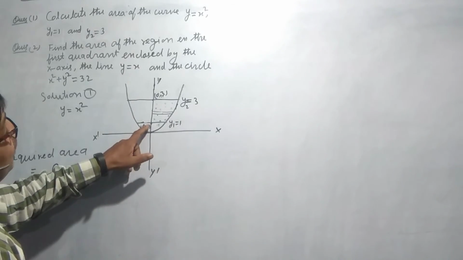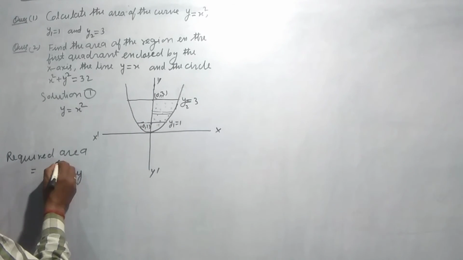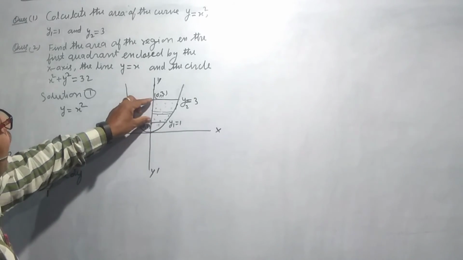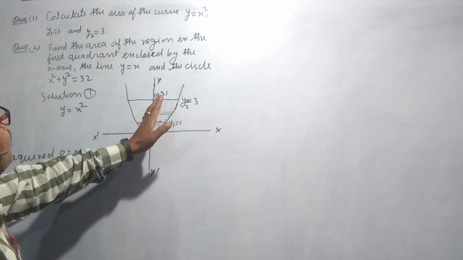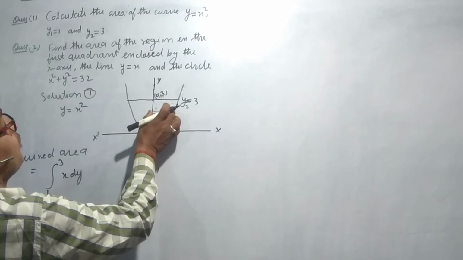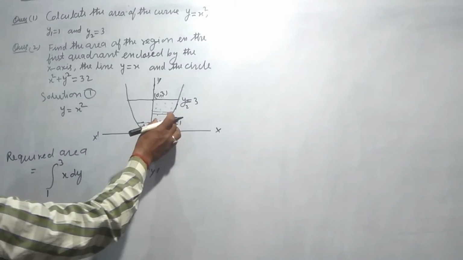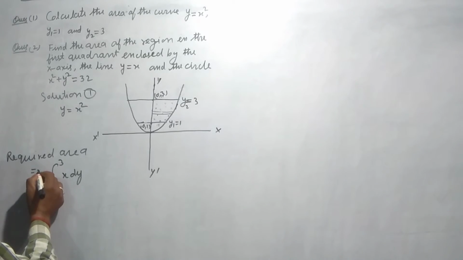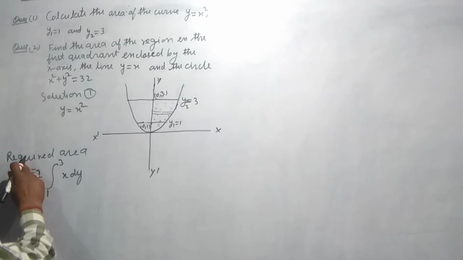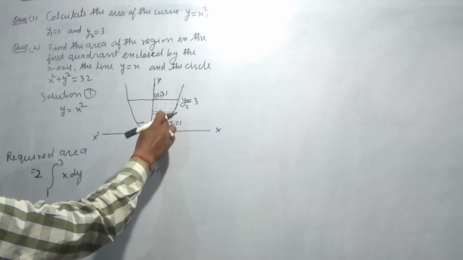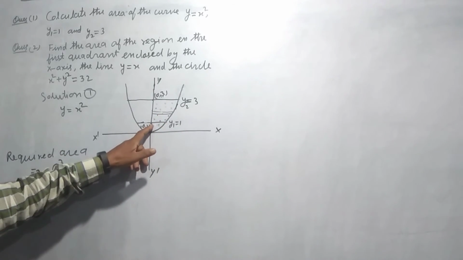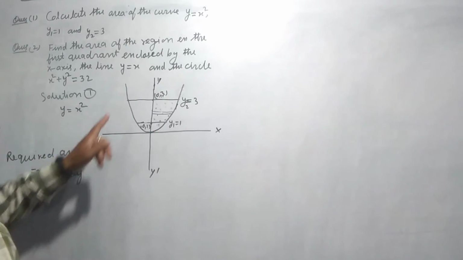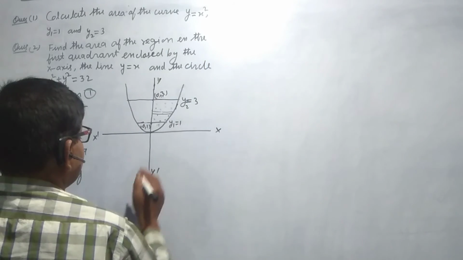Limit will be 1 to 3 here. We integrate from 1 to 3, and this is the area of this portion, and we multiply by two to get the total area. Here y1 is equal to 1 and y2 is equal to 3, and as you know, our curve is y equal to x square,